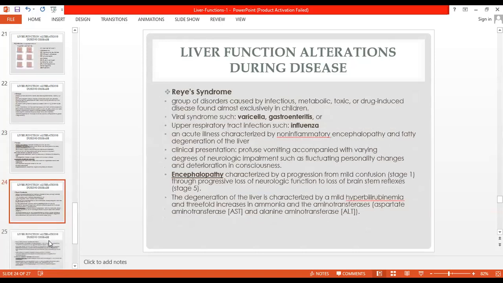Moving on to the next disease, Reye syndrome is a term used to describe a group of disorders caused by infectious, metabolic, toxic, or drug-induced disease, found almost exclusively in children, although adult cases of Reye syndrome have been reported. The precise cause of Reye syndrome is unknown. It is often preceded by a viral syndrome such as varicella and gastroenteritis, or an upper respiratory tract infection such as